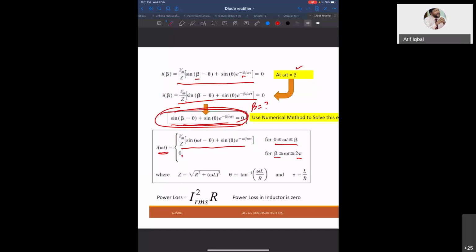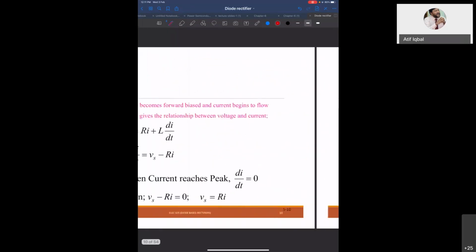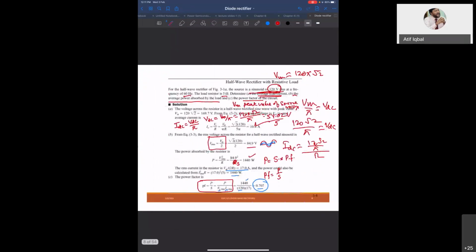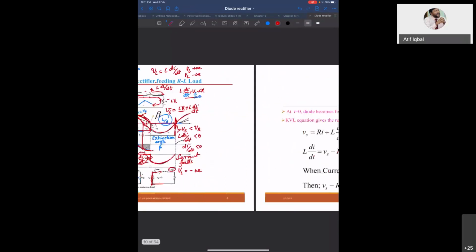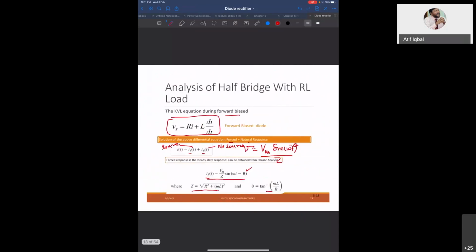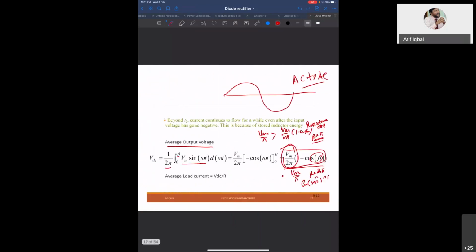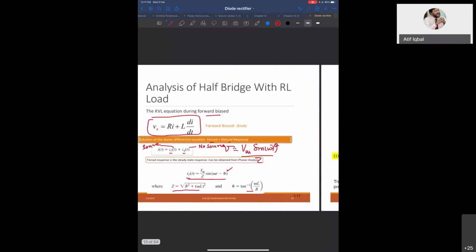Just see, you have some examples also that we are solving. Just now we solved one numerical example here. But of course, if these types of examples are asked, the formula should be given to you. We don't expect you to memorize the formula, but I expect you to understand the formula and the concept. I expect that you understand the waveform and the complete working of the circuit. Does this make sense?